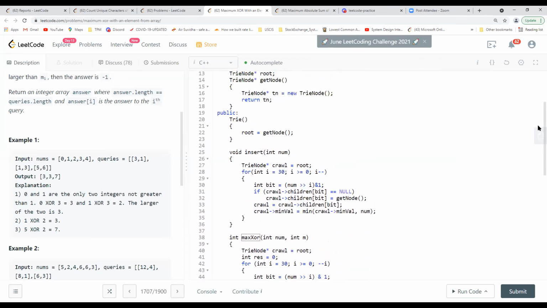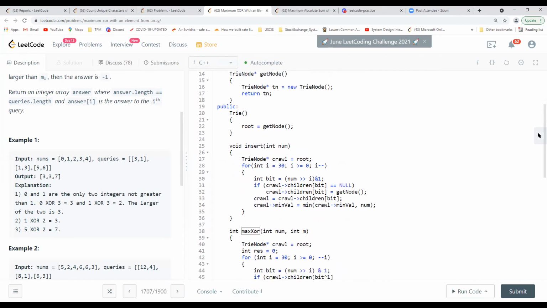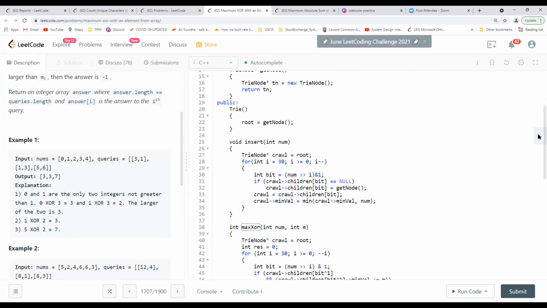We sort all the queries based on limit, and at every moment we check a query and we add all the numbers that are less than limit into the trie. So whoever is inside the trie is going to be less than limit for sure. So we can just make the normal query like how it was done in the previous question. Normally, just max XOR in the trie. And when the next query comes, we know limit is greater. So all the elements that are already inside are valid, but whichever new elements are less than this limit, we add them into the trie again. So we just maintain one invariant that all elements in the trie while making a query are less than the limit for sure. Okay.